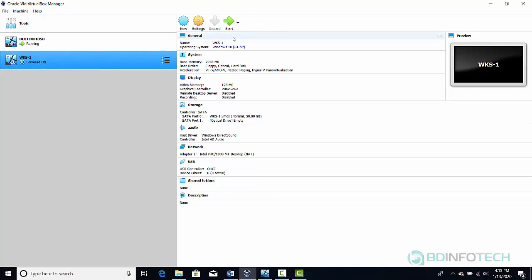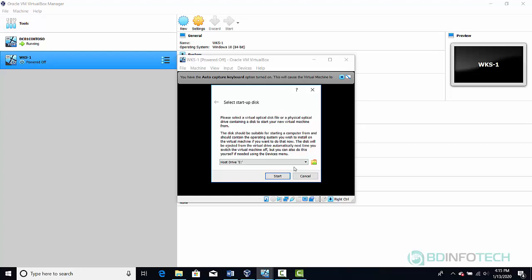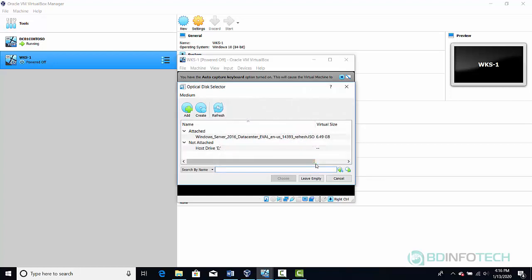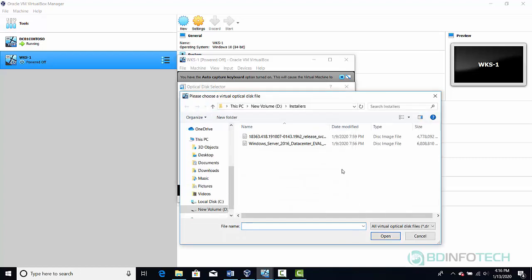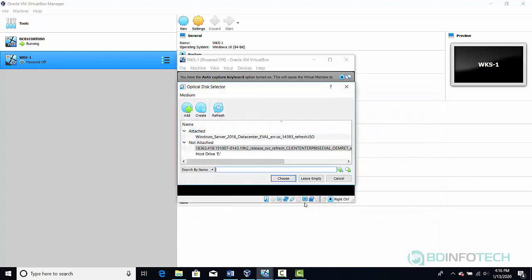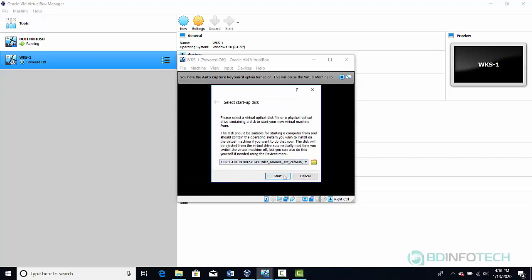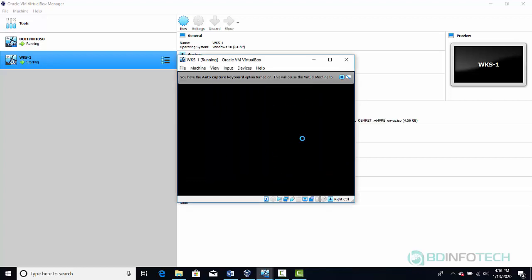So to power on, we'll have to click on start, and we'll have to click on this up pointing green icon. We'll have to click on add to point to our ISO file for Windows 10 workstation, which is the first one, and then click open and click choose, click start,